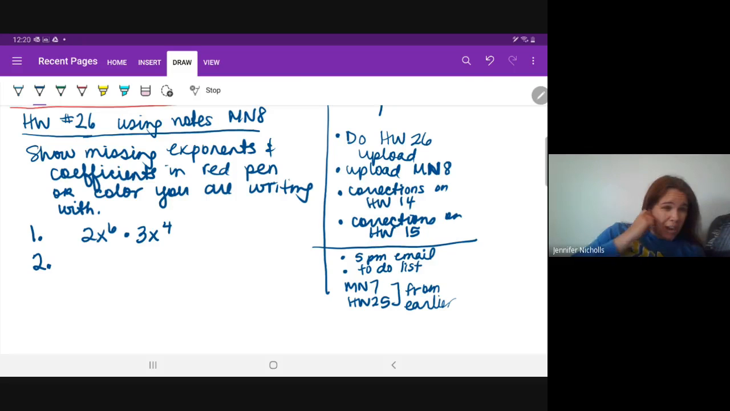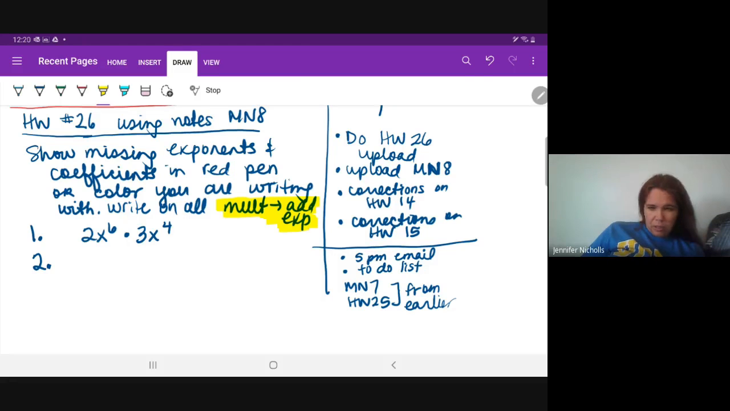And you do have to write the questions. Oh, and you also have to write, what else do you have to write on all? You have to write multiply, arrow, add exponents. Okay, so you also have to write this on each question. You don't have to decide though, you just have to write that exact thing on every question. Okay, and you're missing exponents and coefficients. The number 1 doesn't have any missing exponents or coefficients. But